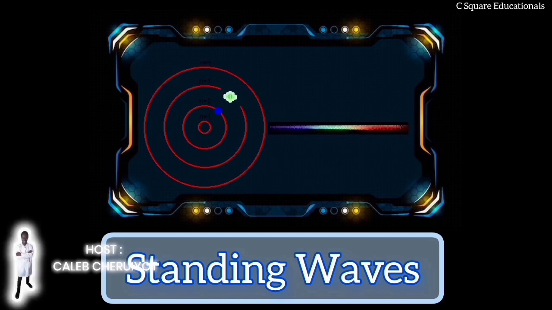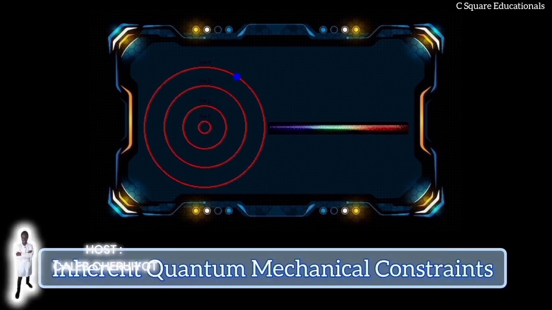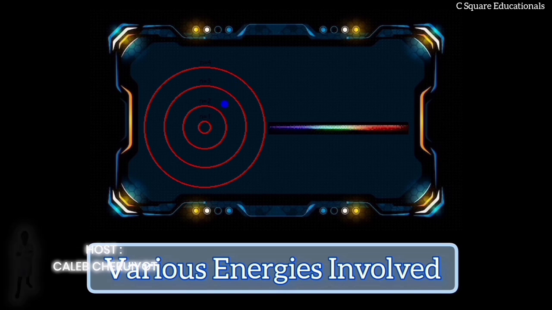Future advances in quantum mechanics would continue refining this model, but the fundamental point remains unchanged. An electron cannot approach the nucleus any closer due to its inherent quantum mechanical constraints, which prevent it from occupying a smaller space. However, an entirely different approach to understanding this situation does not rely on quantum mechanics at all. Instead, it considers the various energies involved.